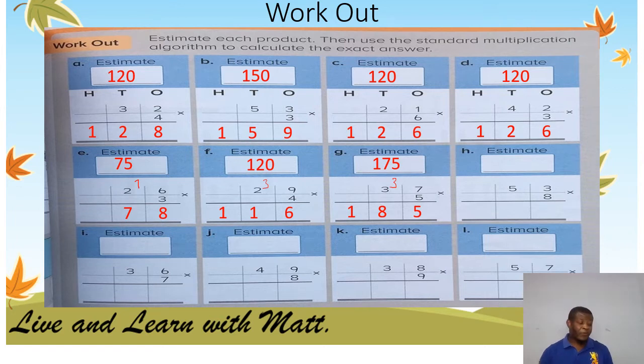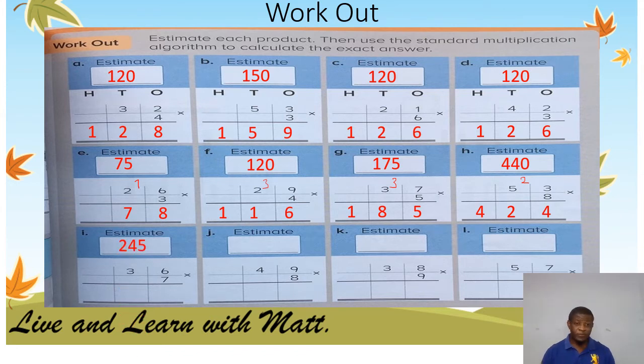We estimate 50 times 8, which is 400. Now 8 times 3 is 24. Write 4, carry 2 forward. 8 times 5 is 40 plus 2, 42. So we have 424. Now part I, 36 times 7, estimate will be